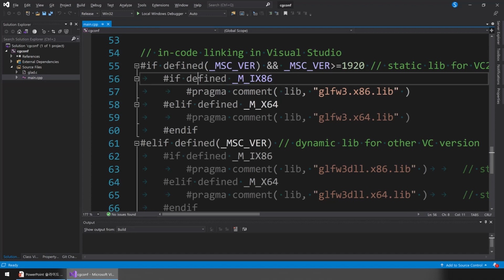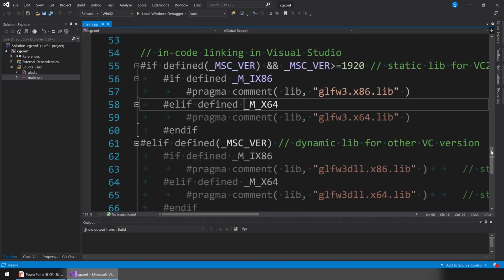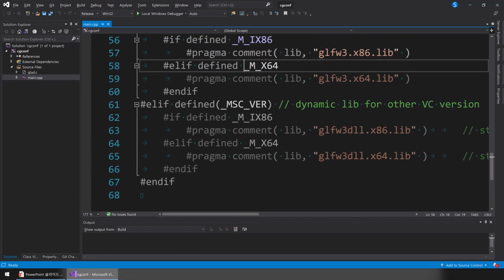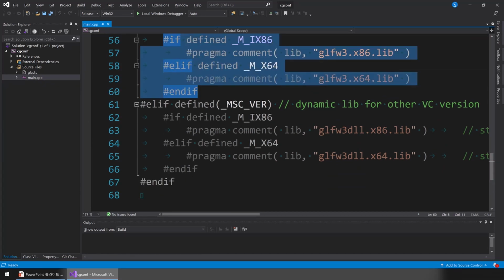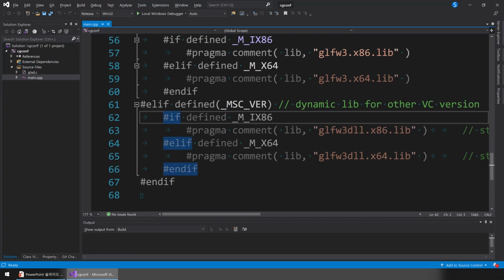So it seems like a complex. If _MSC_VER is defined, that means we are using Visual Studio and its version is 1920, that is, I think, 2019. And if defined like this way,